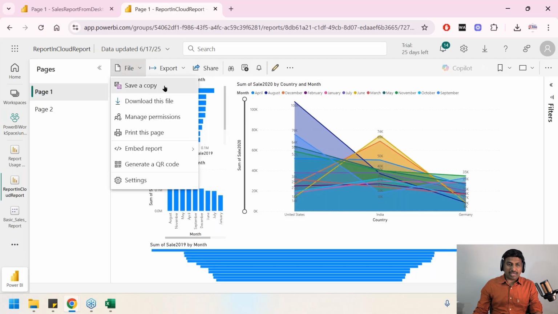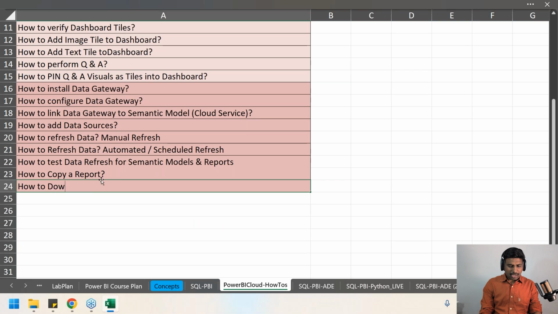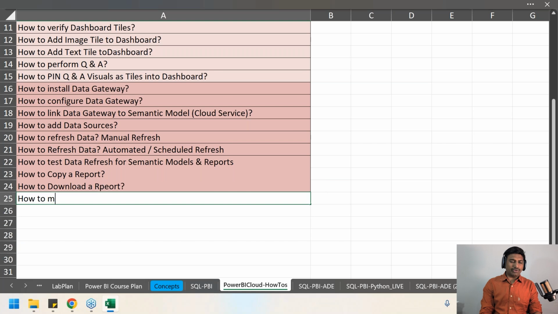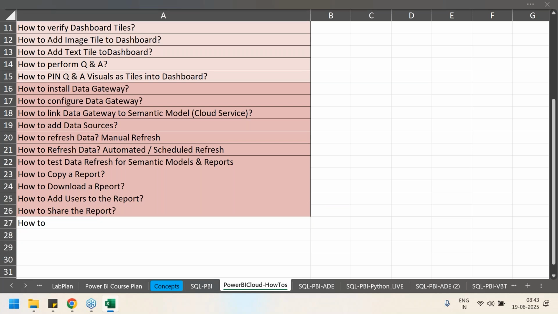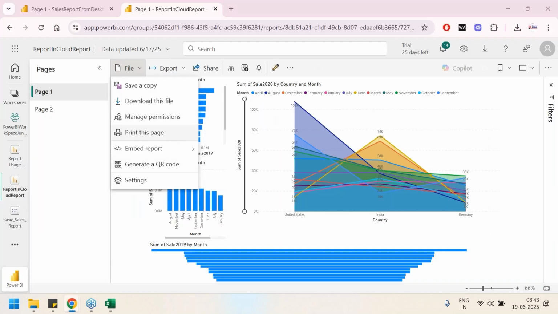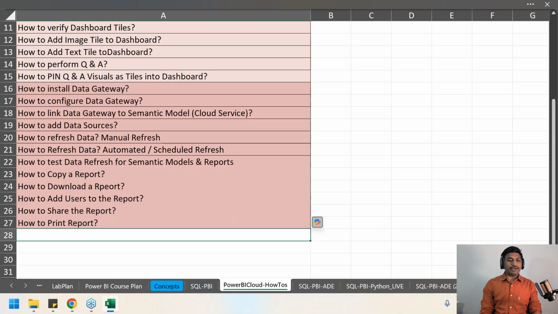This one. Save a copy, then download the file. Download, manage permissions. How to download a report. And how to manage or how to add users to the report. And how to share the report. Then how to print report. How to embed report